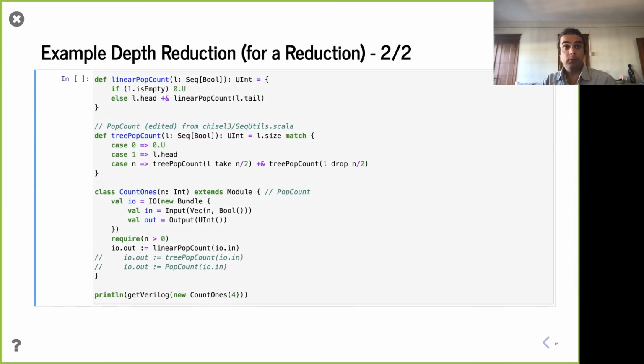Why don't we actually do this really simply and chisel ourselves? In this case, what we're going to do is something called pop count. Pop count is another way of saying counting the number of bits in a number that are 1. So, let's say the number 2, we know that 2 in binary is 0, 1, 0, so it's a pop count of 1, as opposed to 3, which is 0, 1, 1, so that'll be a pop count of